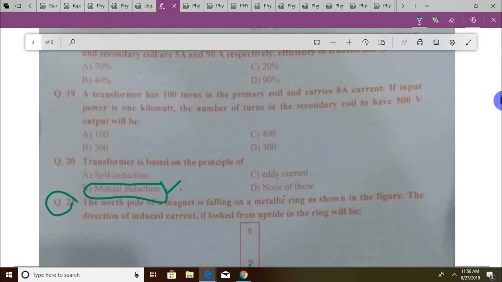Transformer has 100 turns, primary coil 8 ampere current carry कर रहा है. If input power 1 kilowatt है, P is equal to V into I. The number of turns in the secondary coil to have 500 volt output is... उसने इनको unnecessarily complicate कर दिया। आप बहुत तरीके से कर सकते हैं। आप सिंपली प्राइमरी में वोल्टेज निकाल सकते हैं। P इक्वल टू VI, P 1000 है एज गिवन, करंट की वैल्यू 8 है, V अननोन है। डिवाइड करें तो ये बनेगा अबाउट 125।